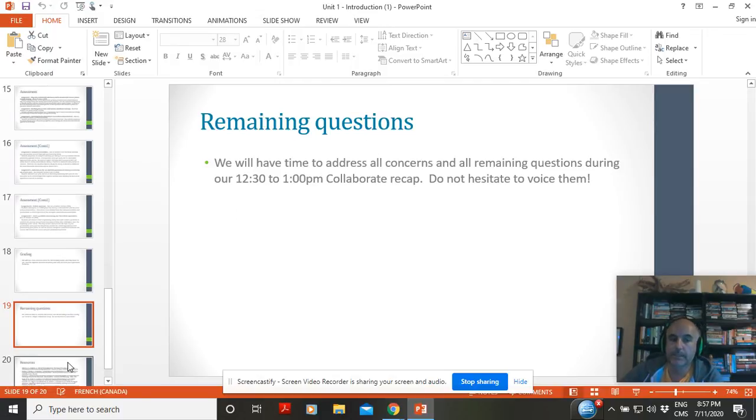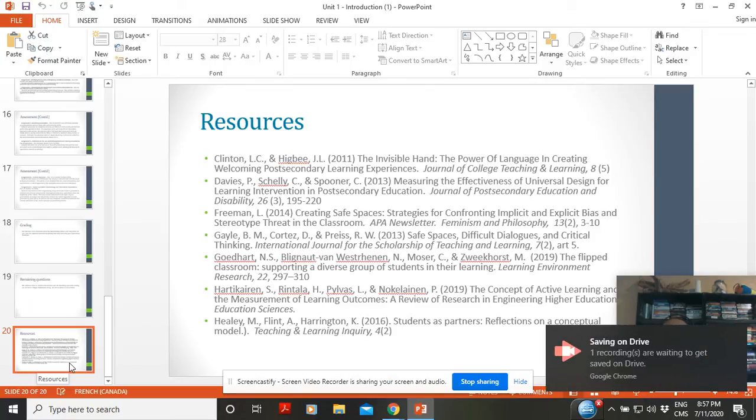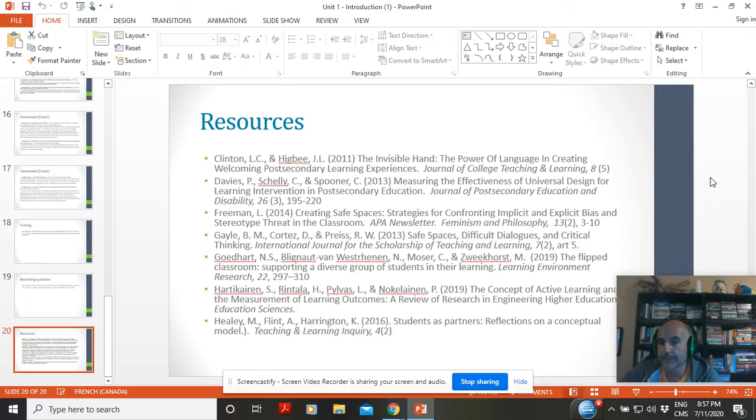So there are some readings, and you are also going to find them in the readings page in the unit. These are by no means things that you need to read today, but they may be things that you refer back to when you do your assignments. When I started off, a lot of the philosophy that supports my approach to the course is based on certain theories. So there are definitely things here that you will be able to use and relate to in the course discussions, and maybe in some of the